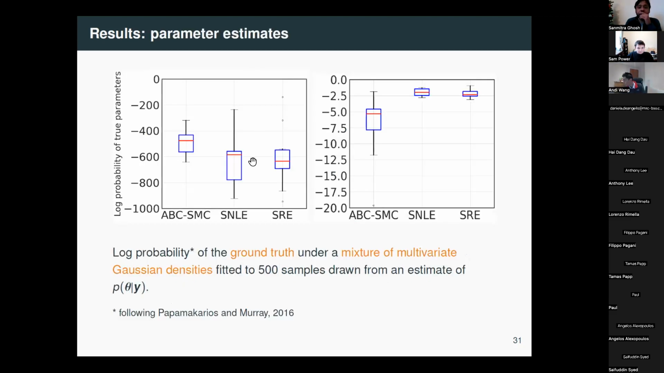So here are the parameter estimates, again summarized across the data sets. And again, I have borrowed from the NLFI literature, where you compare goodness of fit like this: you have an 8-dimensional or 10-dimensional parameter, fit a mixture of Gaussians to the parameter estimate samples, and then find the log probability of the actual ground truth parameter under that mixture of Gaussians. I'm not a big fan of this method, but this is what is used in all NLFI papers, so I had to stick to it. But the main idea here